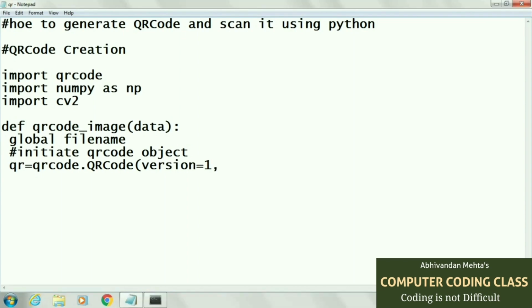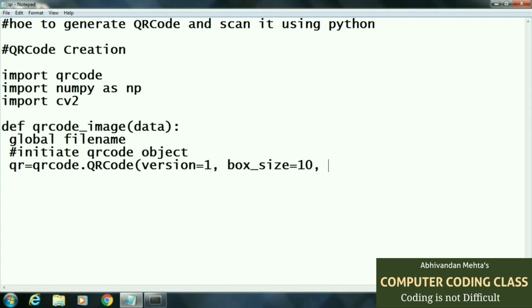Here we are using version 1 of QR code for generating our QR image. Next is the size of our QR code, that is the square size. So here I am using 10. 10 means 10 pixels. And last is border. What is the breadth of our QR code? Here I am setting border equal to 4.